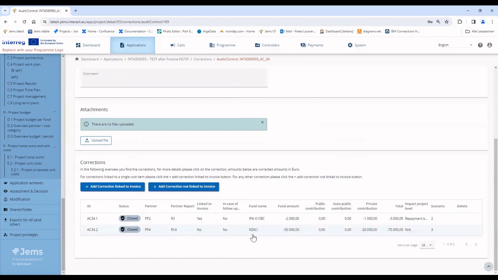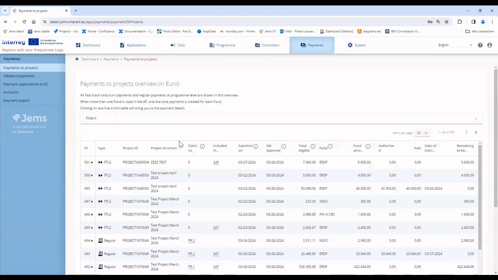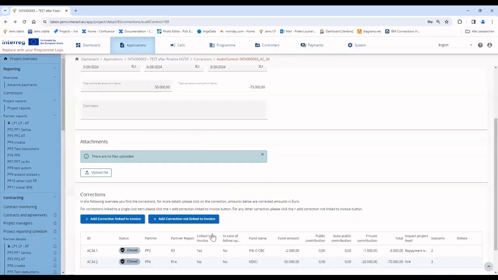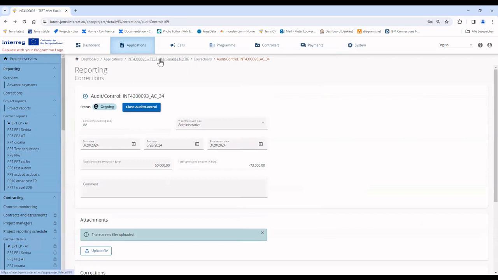So we now have a correction for IPA, for the payment application to EC on scenario 2, and for NDICI for the accounts. So now let's go to the payment section. We can first see the impact at project level. So I would have to find a payment for this project 93,